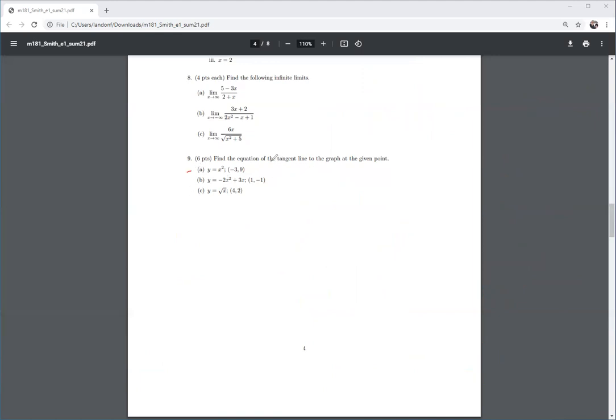So it says find the equation of the tangent line to the graph at the given point. All right, so it's going to be something like we have some function and then we're given a point. Maybe that's the point. We want to find the line that just kisses the curve, right? So the way we can do that is by